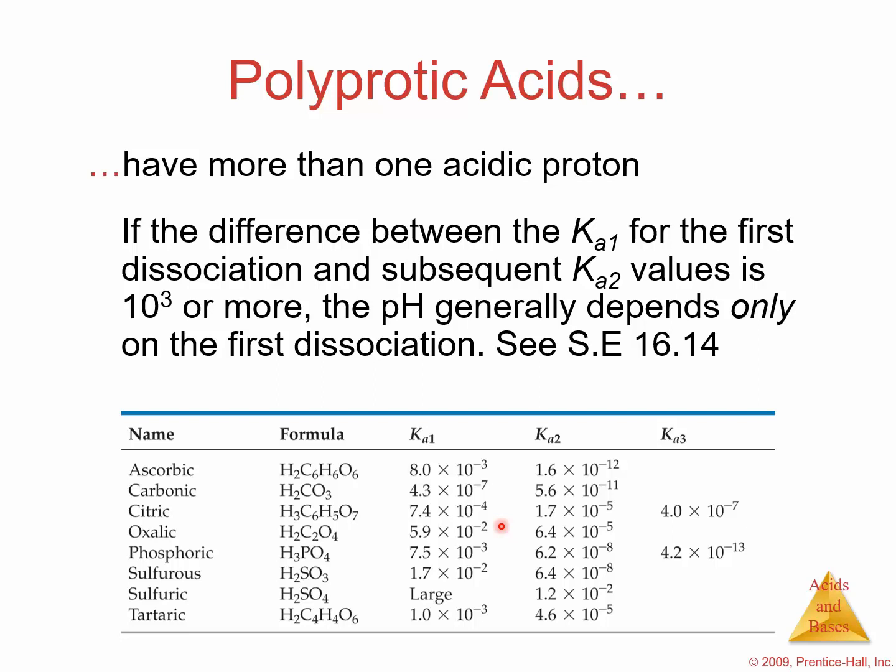Note also that the value of Ka1 for sulfuric acid is listed simply as large. Sulfuric acid is a strong acid with respect to the removal of the first proton, and the reaction for the first ionization lies completely to the right. Therefore, it is possible to obtain a satisfactory estimate of the pH of polyprotic acid solutions by treating them as if they were monoprotic acids, considering only Ka1. So